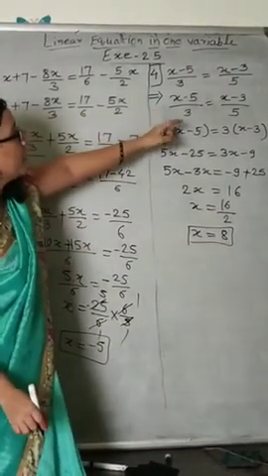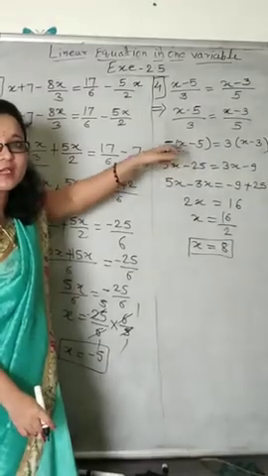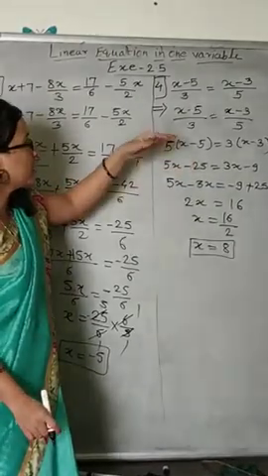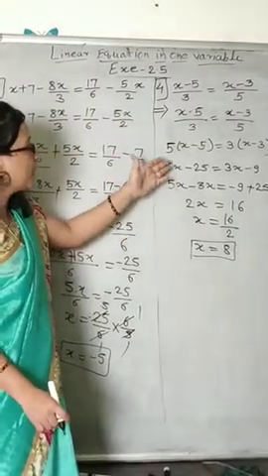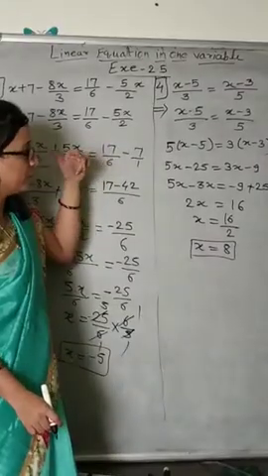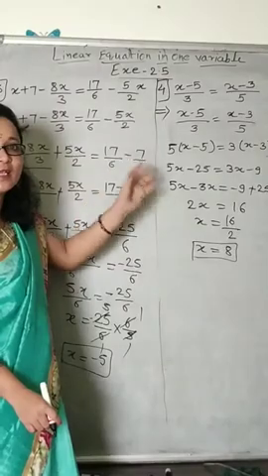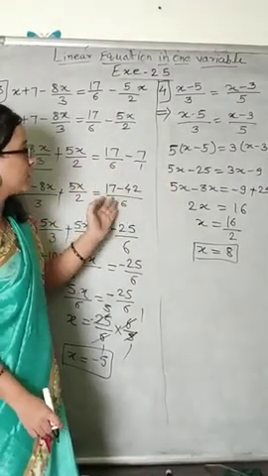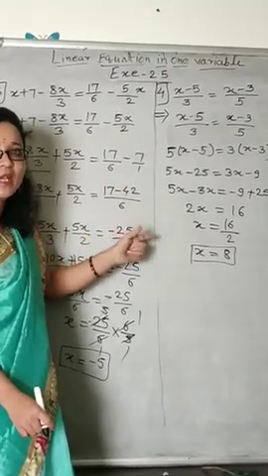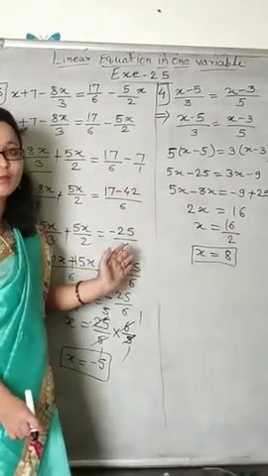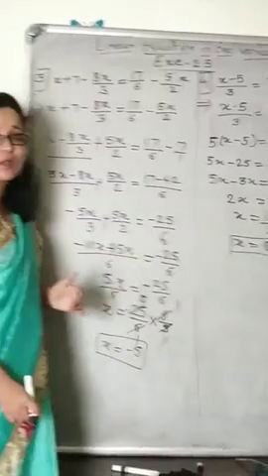Nothing is hard here. Only they are divided, whichever 5 and 3 is there. 3 will go to RHS. 5 will come to LHS. Then multiply the bracket. After multiplying, whichever variable signs are there, we change them. Variable one side, number one side, and then whatever plus or minus is there, do that, and then you will get the variable value. Like this way, this question is over.